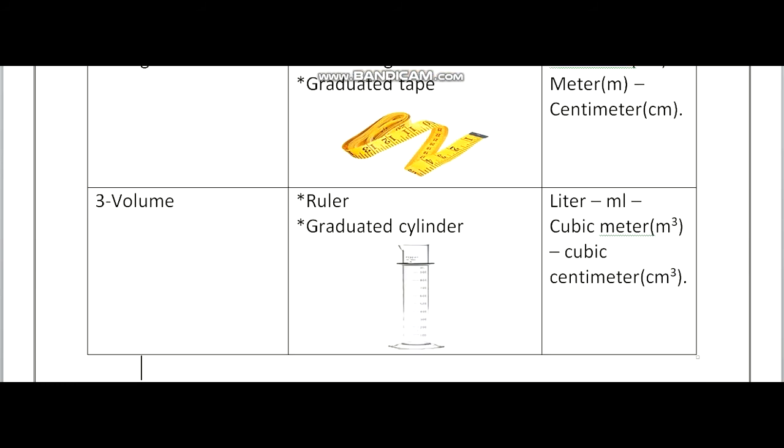Okay, so I have two tools to measure the volume. We can use a ruler and we can use a graduated cylinder. Ruler to measure the volume of a regular body like a cube, like a book, and we can use a graduated cylinder to measure the irregular body and to measure the volume of liquid things. Liquids like water, like milk, like oil, I can use a graduated cylinder to measure the volume of liquid and irregular